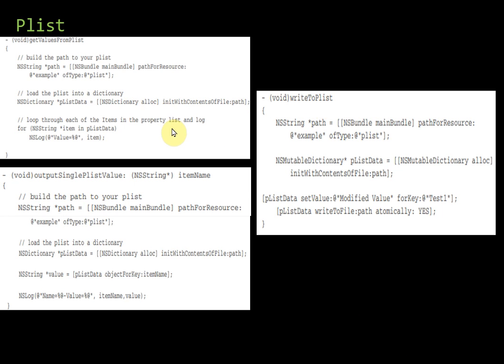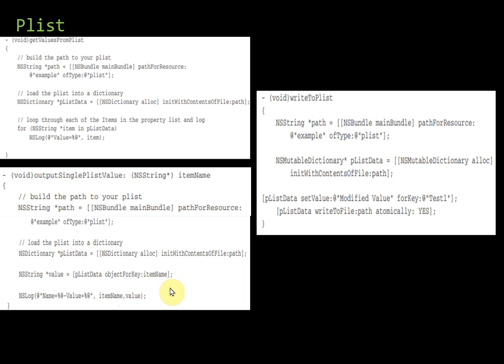So what are the steps? First of all, you have to get the path where your plist is stored, and once you get the path, you have to load that path into a dictionary object. A dictionary is nothing but a data structure containing key as well as value pairs. Then different functions are given to you. The first one is to display the values of all the items in your plist, whereas the next example tells you how to display any one item. Then you can go for objectForKey, followed by which item you want.